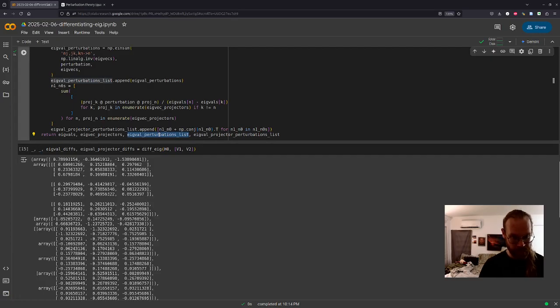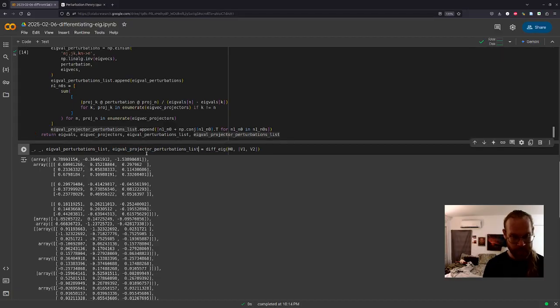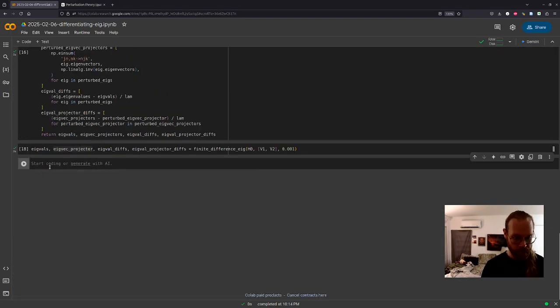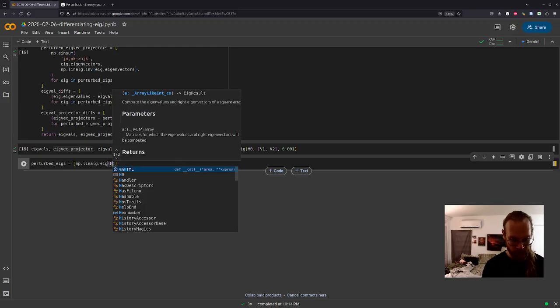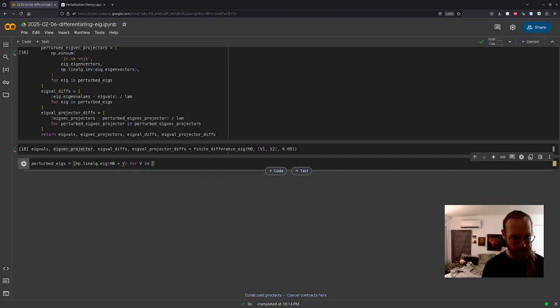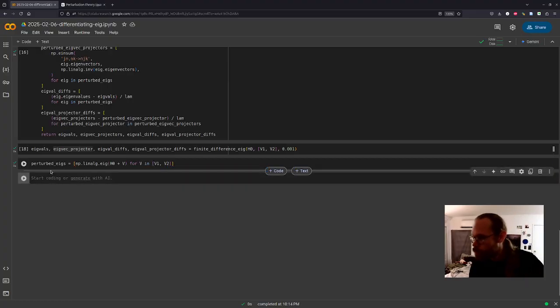Then that's the eigenvalue perturbations list. And then the perturbed eigs equals okay.